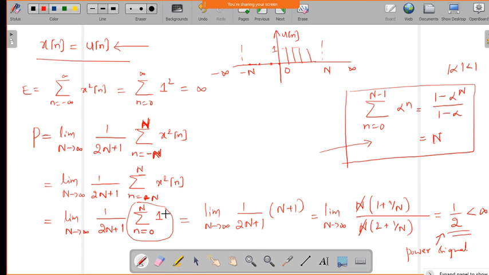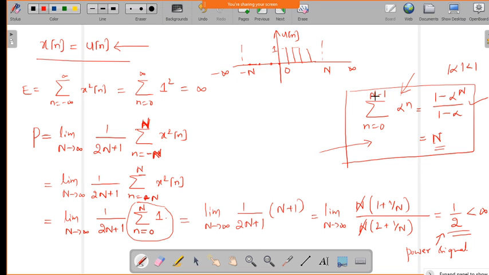So now in order to solve this one, we are using this expression. This is the standard expression. So if we have a summation like this, we can write it like this. Now if alpha value is 1, this expression will go to indeterminate form. So that is why if alpha equals 1, we use another value, that is n. In our case it is 0 to n, and the value of alpha is 1.